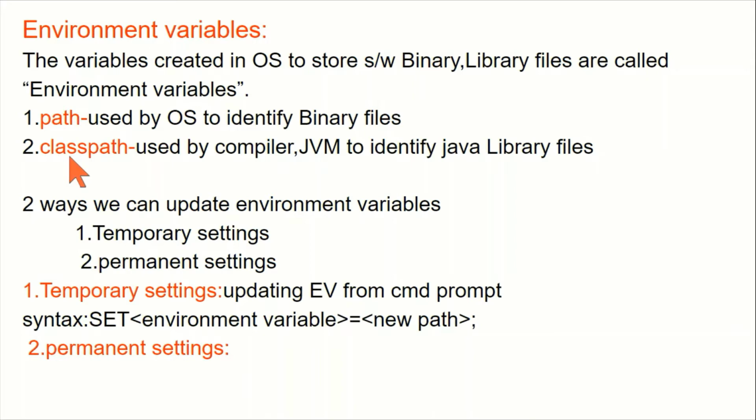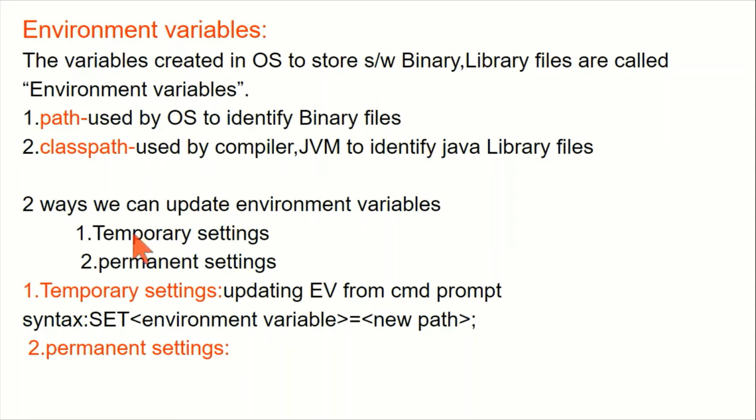The path environment variable is built in and available in the Windows operating system, so we must just update it with our software path value in Windows. But in Linux and Solaris operating systems, we must create the path environment variable. And the Java home and class path variables are not available by default in any operating system. They must be created by the developers because they are related only to Java and Java related software.